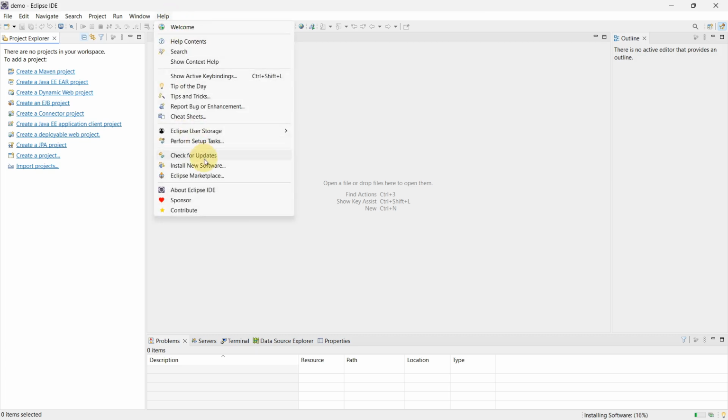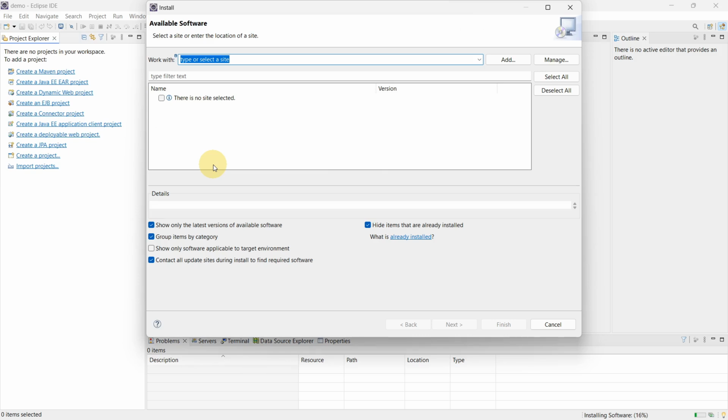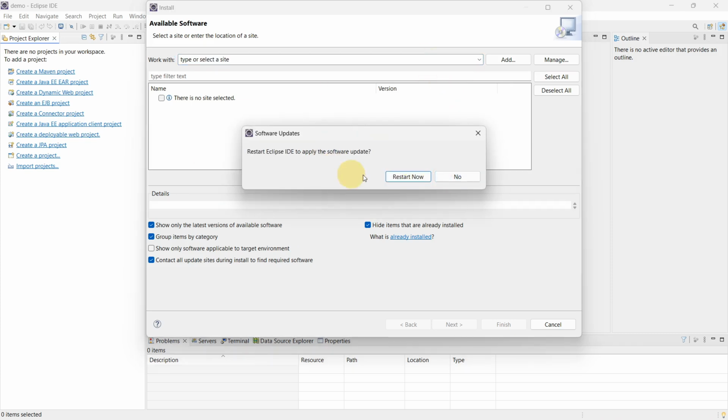Now again navigate to the Help menu. Go to Install New Software. The difference between installing new software and the Marketplace is that in the Marketplace we can download third-party plugins worldwide. In the update site we can download a particular version of particular software. With the help of a URL we can find those things out. I will list out the Eclipse updates later. As of now,